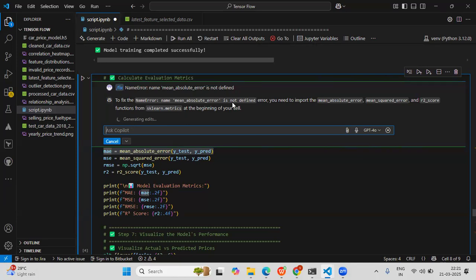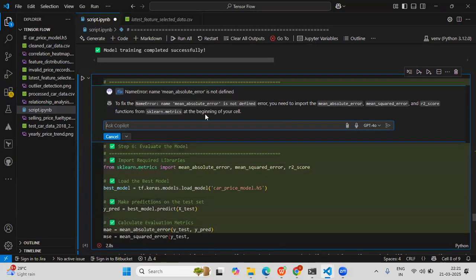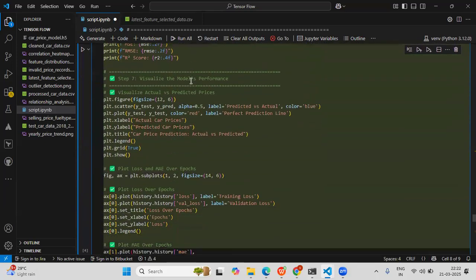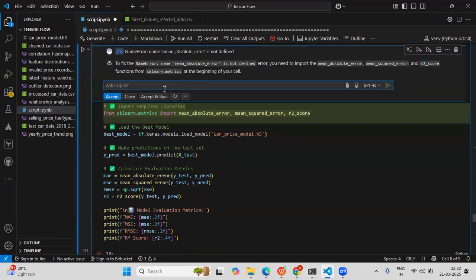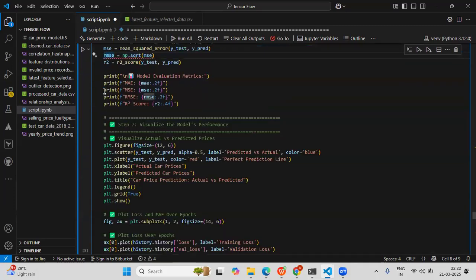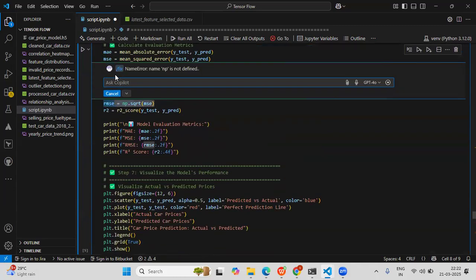So mean absolute error is not defined. We are importing the metrics from sklearn.metrics. NP is not defined.